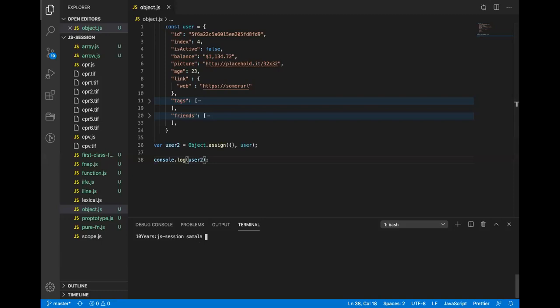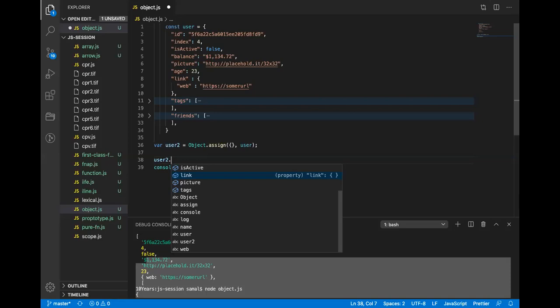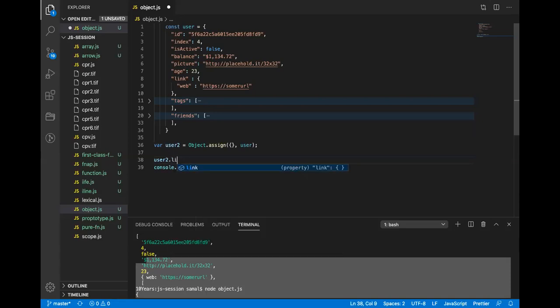This will copy all the first-level properties. If I print this, you will see it. Let me check if I change a value in this, it is also changing the value. I'm not sure this is a deep copy.